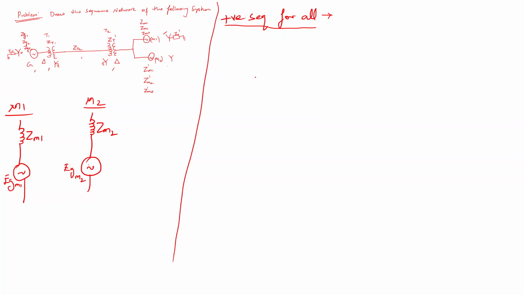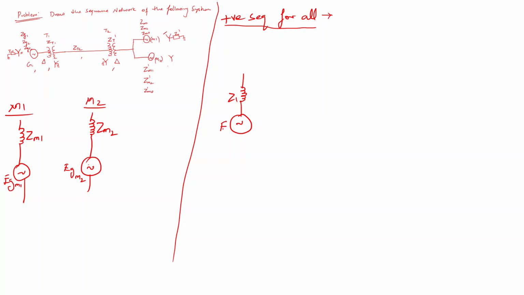If that is so, first I will start with the generator G1, which having the impedance Z1. Why 1 here? Positive sequence. Very good. It is for the positive sequence. If I put 2, then what does it mean? Negative. And if I put 0? Zero. Very good. So we need to be very careful while numbering the impedance value for each and every element in the power system, right?